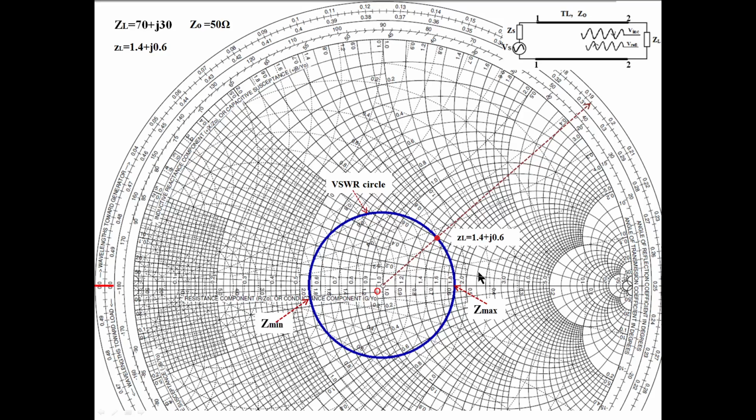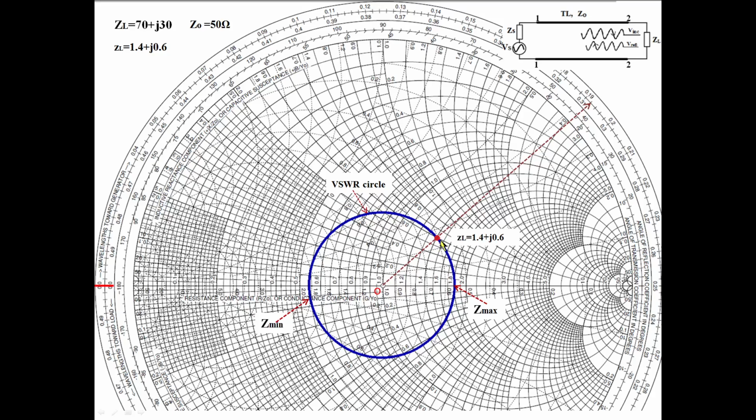So what you have to do, you mark the impedance here on the Smith chart. Then take the radius from here to here, from O to the load point ZL. Take O to ZL as the radius and draw the circle like this. We will be getting a circle like this. This circle is called the VSWR circle.